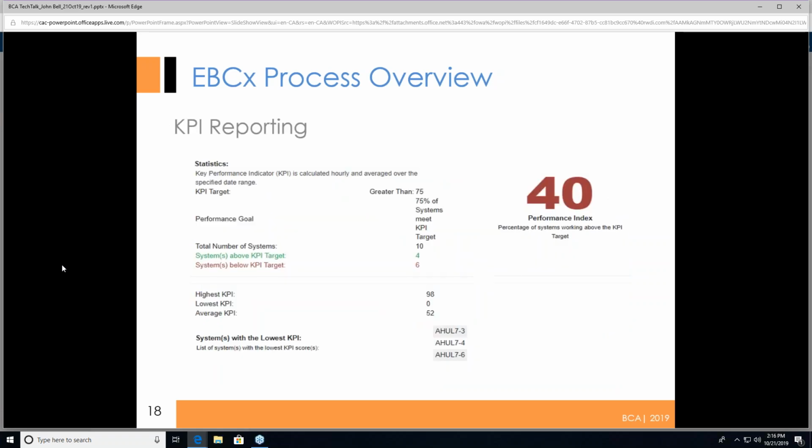The other side benefit, of course, from crunching the data, the analytics, is they can provide some key performance indicators on those problematic systems. So in this particular case, there's a target: anything greater than 75% of the systems need to meet. There are 10 air handlers, and only 4 of them are meeting set point